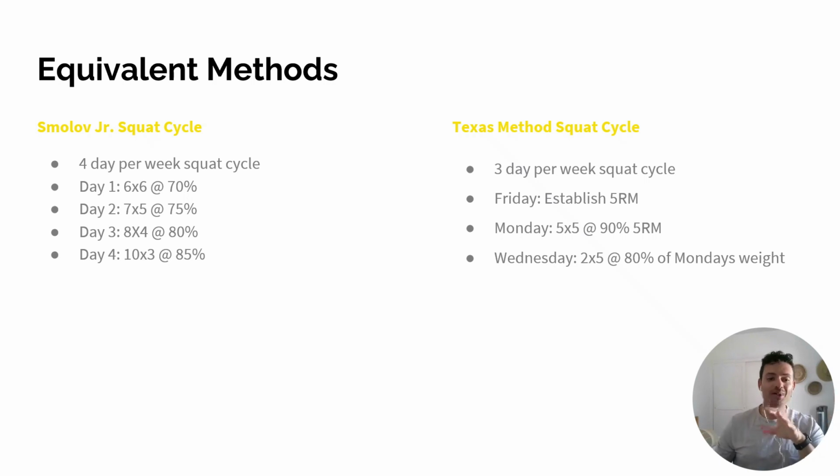But if I know I'm working with an athlete who cannot tolerate high volume working sets, well, then I might choose the Texas Method over Smolov Jr., right? And if I'm working with an absolute psycho who thrives on higher volume, like a young Phil, well, then I might choose something that looks a lot more like Smolov Jr., right? In reality, most of these programs are super intensive, and Smolov Jr. is just straight up insane if you're not taking special sports supplements. But it acts as a super easy and clear example to show how different methods can be equivalent solutions to